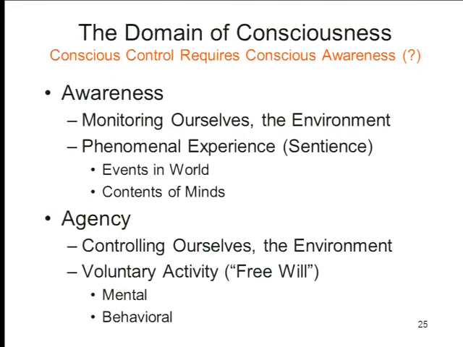But that's not all there is to consciousness. Consciousness also has to do with what we call agency, not just being aware of ourselves and the environment, but also controlling ourselves and our environment. This is what we mean when we talk about voluntary activity, and it raises all sorts of questions about the nature of things like free will. How much control do we have over our own minds and our own behavior? Now, if you think about it for a second, conscious awareness and conscious control are related. On sheer logical grounds, it's hard to imagine how you could consciously control something you're not consciously aware of. But awareness and control are different,